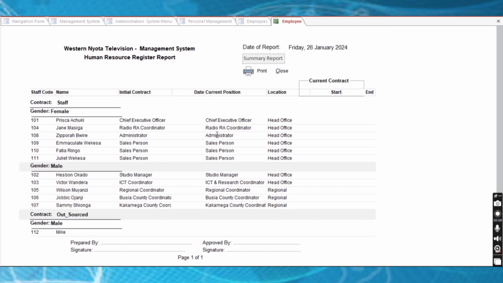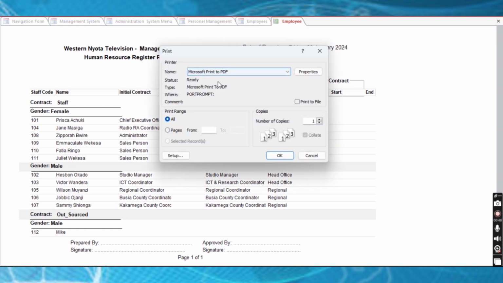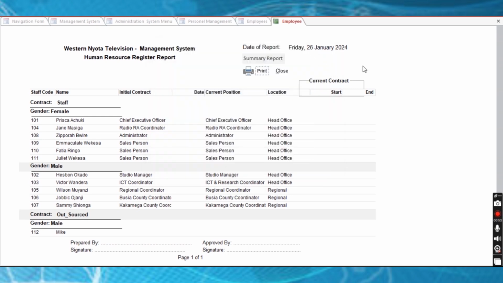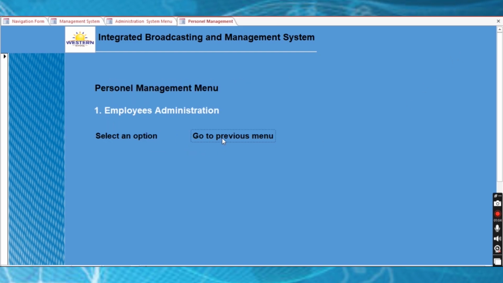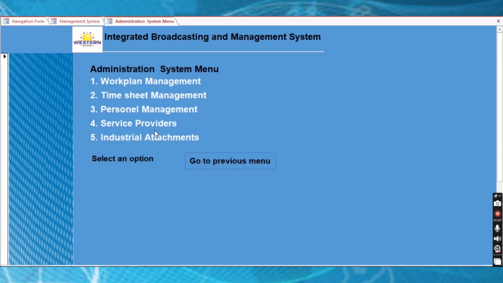And just close these. You can also print it by just clicking on this print button. You can print it out to PDF, or if you like to have it as a hard copy, then just close this. And now that's about the personnel management system. To close it, just click on the go to previous menu, then you're back to this screen. The next module that you want to focus on is